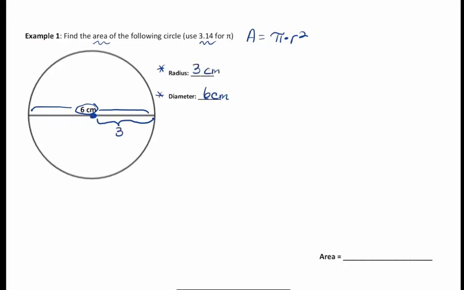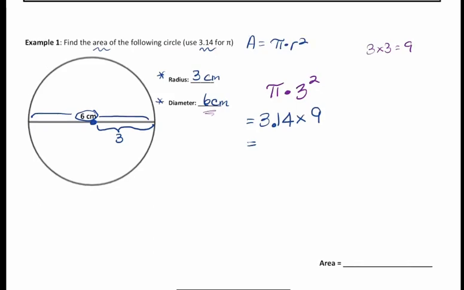It's just a matter of using the area formula. Area is pi times radius, and the radius this time is 3, squared. For this problem, we're going to use 3.14 for pi, and 3 squared is 9. So you're just going to do 3.14 times 9. And when I was all through with this problem, I got